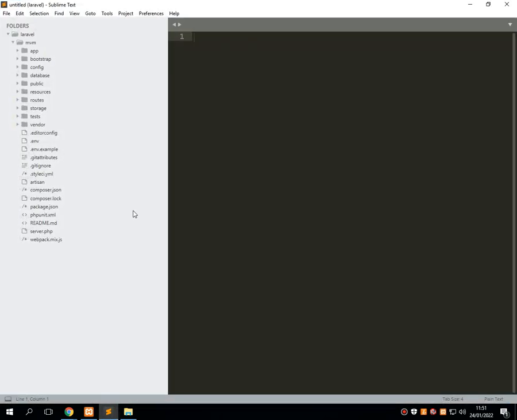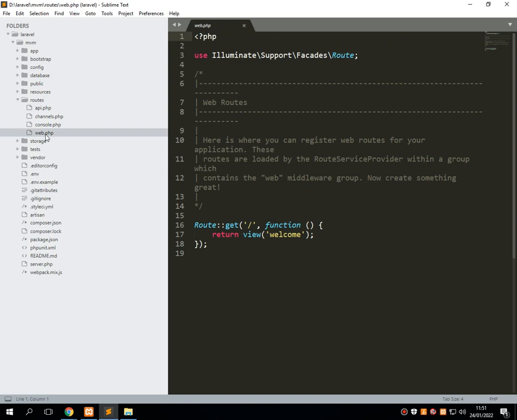So what I have done is I have exported this particular project folder into the Sublime text editor, which shows all the present working directories and the directory structure of Laravel. So first, I have to go into the root and open the file called web.php. Just double click on the web.php, which adds this particular file into the Sublime